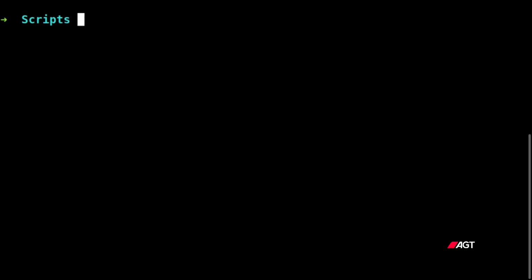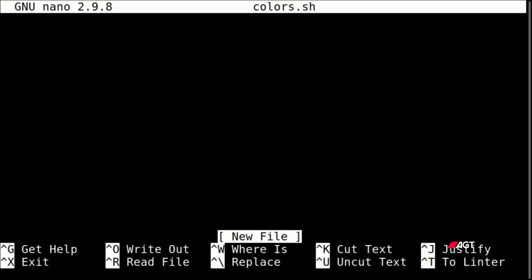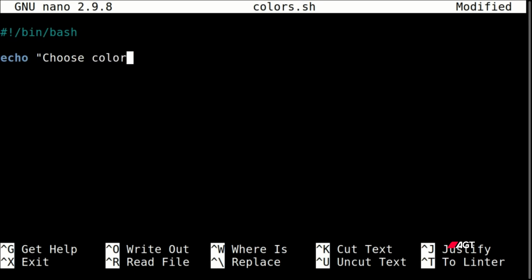Let's take some user input or keyboard input. So we create a new program called colors.sh. You can use any text editor you like. Make sure to include the line to load the shell or the command prompt. And then we'll say choose color. And to make a choice, type select color, and then in your list of colors,